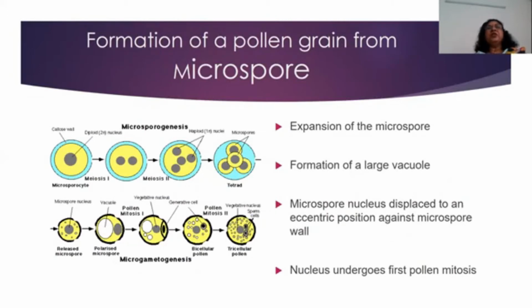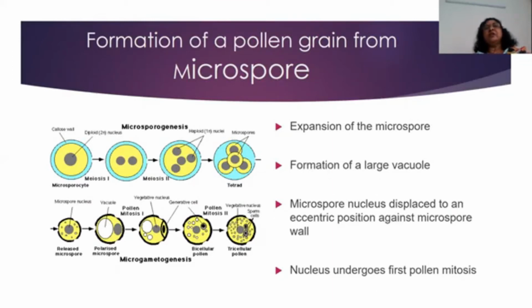Now let's see the formation of pollen grains from the microspore. As I told you, the microspore mother cell undergoes meiosis to form a microspore tetrad. These microspore tetrads separate out and behave as microspores. This microspore, if you see over here in this diagram, first expands, increases in size, and it